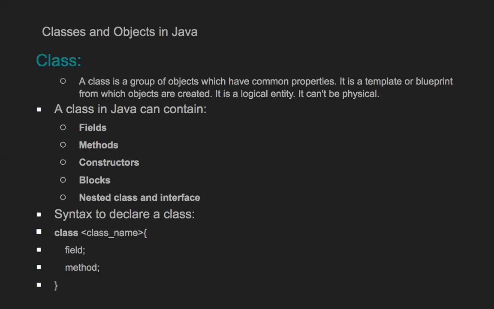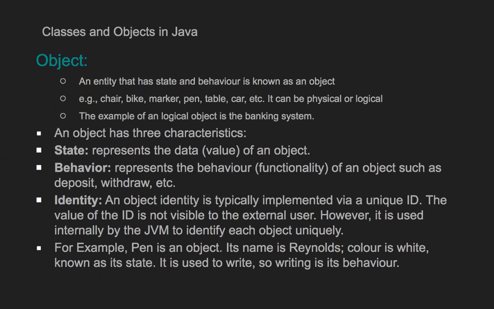And as I said, it's a blueprint sort of thing, which is only logical. The importance of a class is that without a class, there is no object. First we need to understand how the object should look, how it should behave, and what properties it should have. If you are interested in cooking, let's take aloo fry, or potato fry. Let's take a class of it.